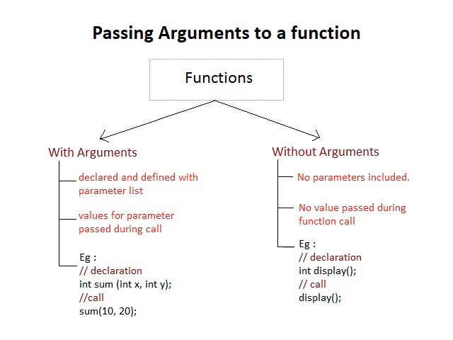Now we'll see passing the arguments to a function. So there are two ways, one is with arguments and another is without arguments. Now in case we are calling a function with arguments, that is any function which takes an input, such functions we will have to call by making use of arguments. So when the function is first declared along with the parameter list, then while calling the function we will have to pass the arguments or values.